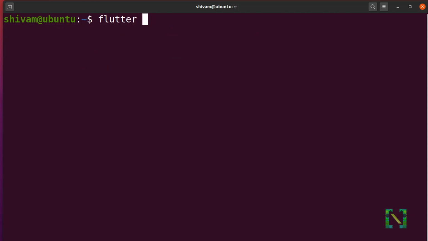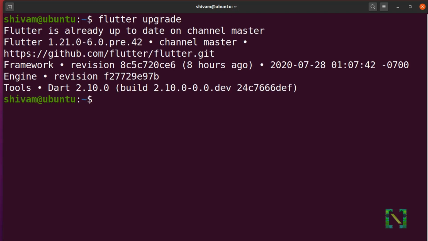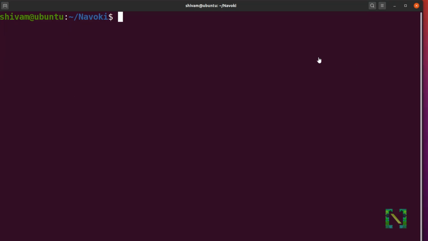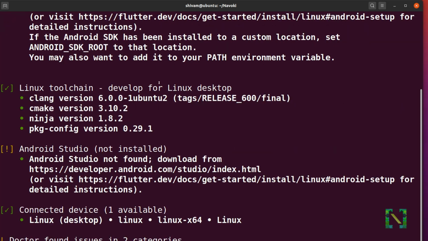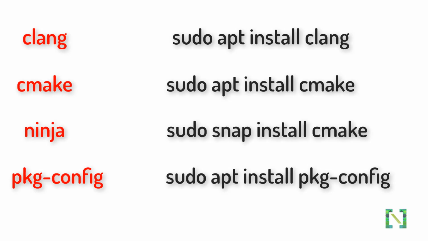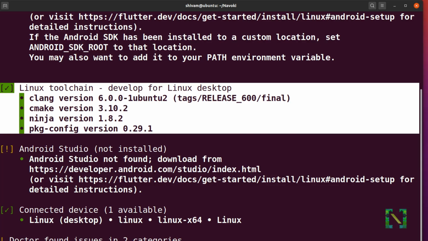After completing all the previous steps, make sure to upgrade your Flutter SDK. To check whether Linux platform is fully supported for the desktop, run the command flutter doctor -v. Here we can see the Linux toolchain. There are some tools required to be downloaded and supported for the use of Flutter Desktop in Linux. In my system, these tools are already installed. To install on your system, you can follow these commands to install each of these tools. Flutter Doctor already shows you how to install these tools in the Flutter Doctor commands itself.